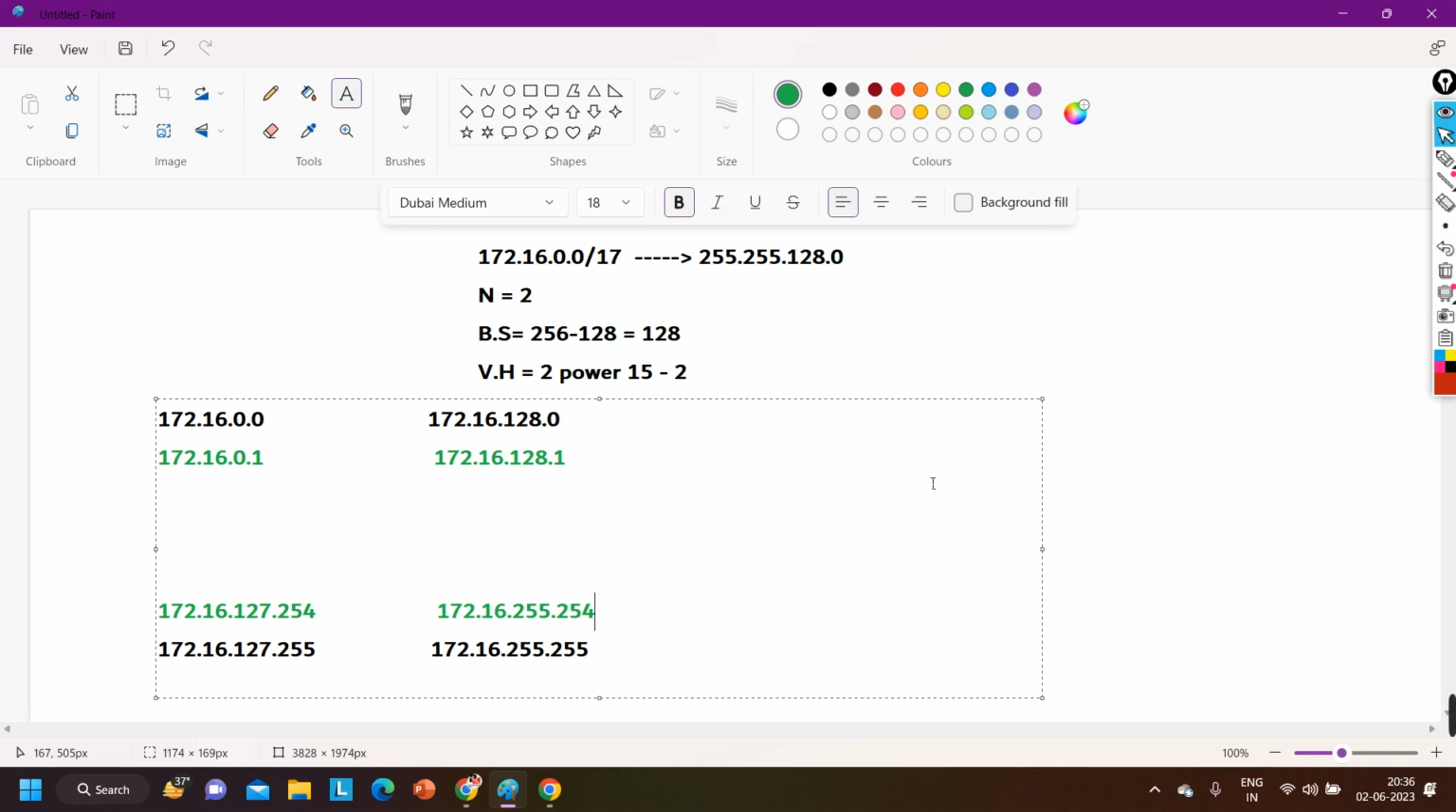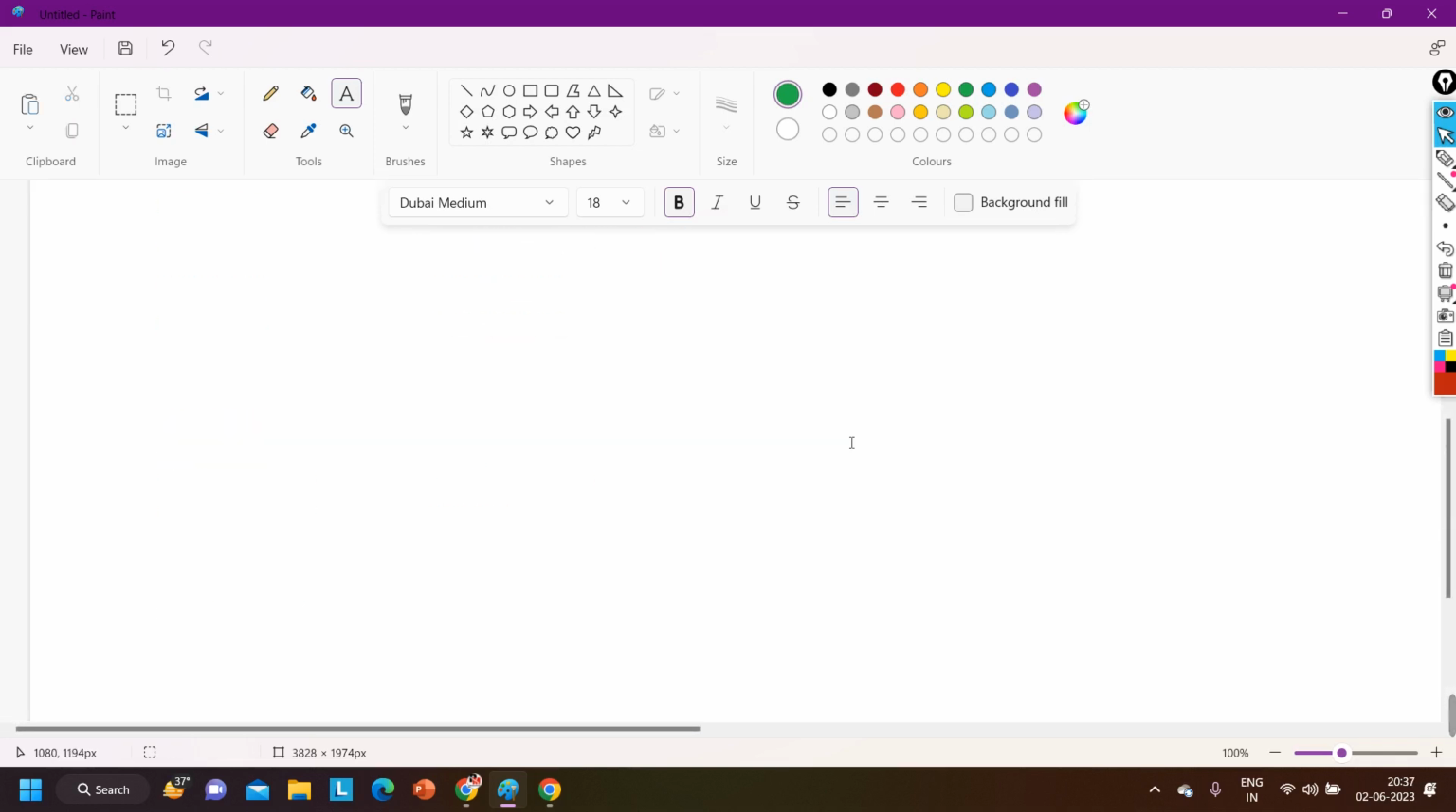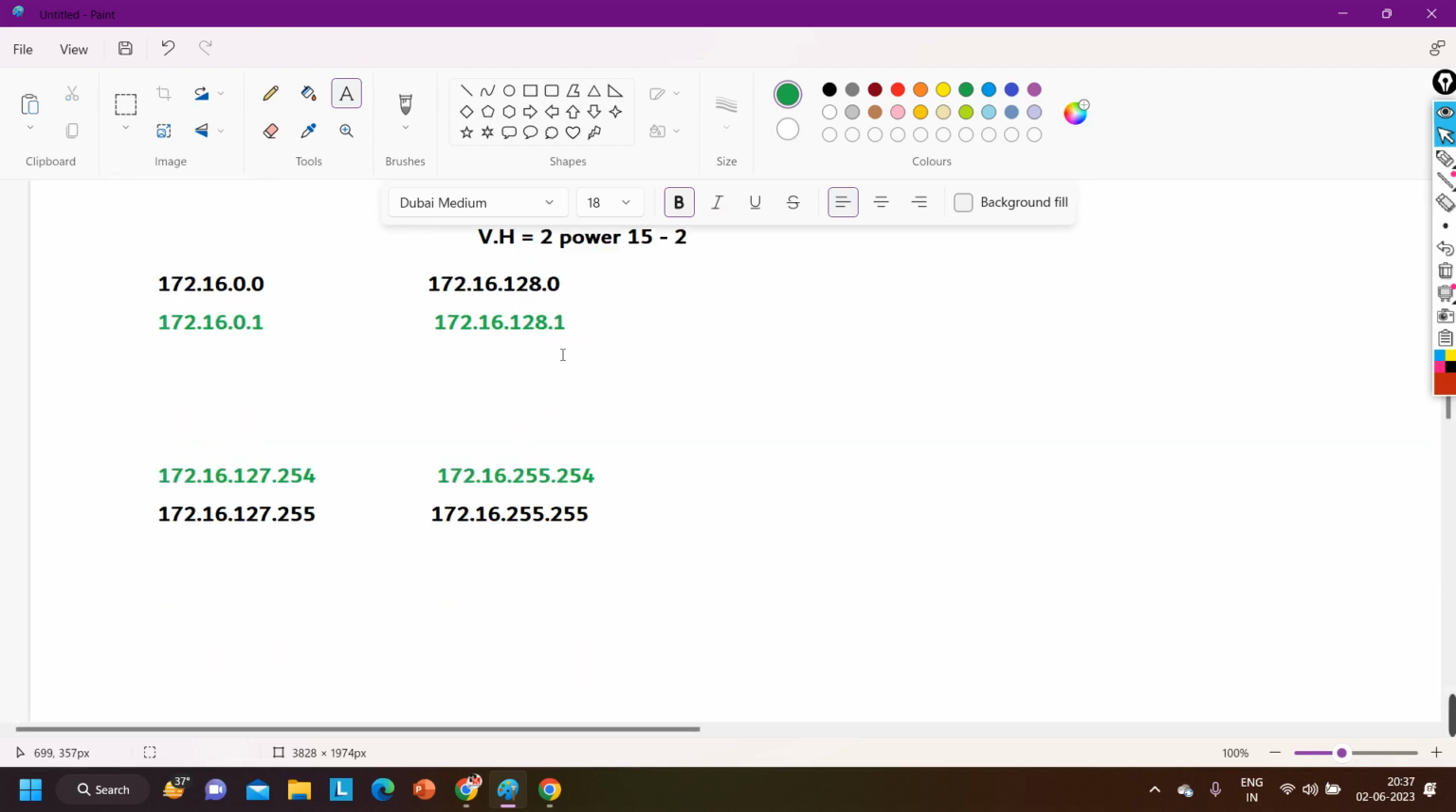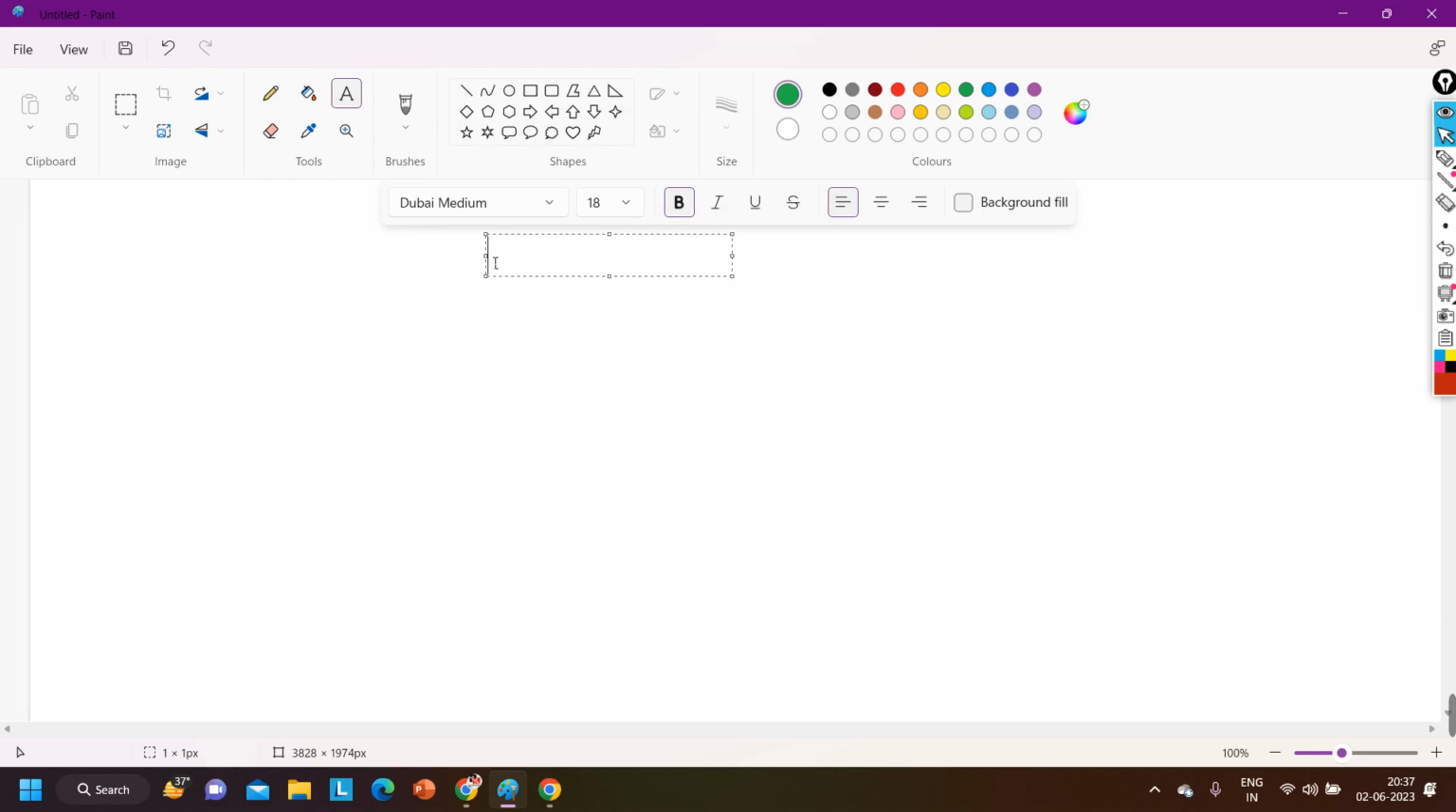Okay. Now, let me take one example of 172.16.0.0/26. This is your homework. You will perform subnetting for this IP address. In your exam, in your book, there are lots of questions from subnetting. If I open any book,